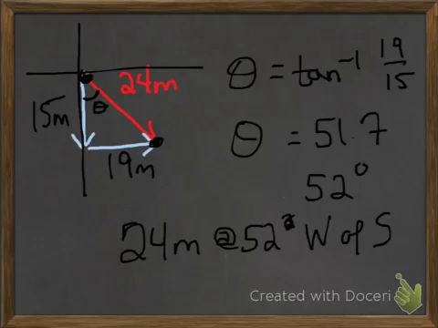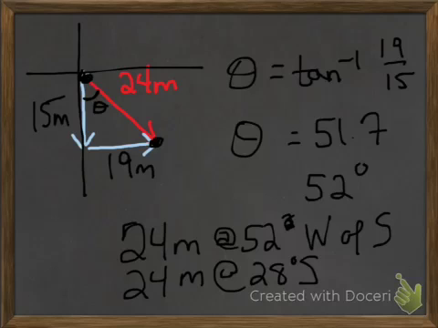We can say that he went 24 meters at 28 degrees. Oh geez, that's not west. That's east. East of south. Or we can say south of east. Or if you want to get really fancy,